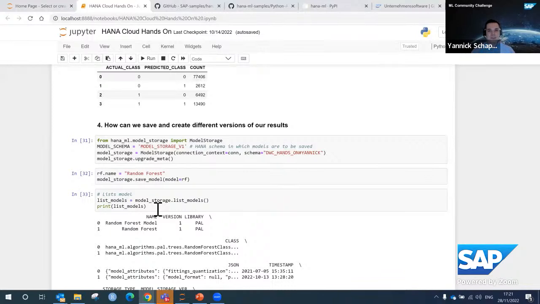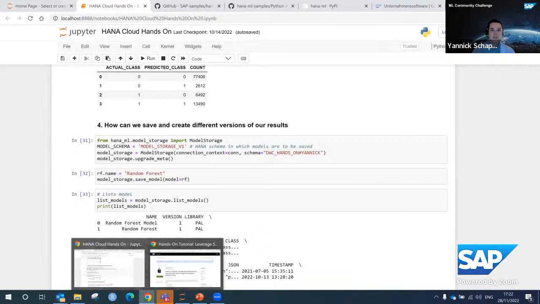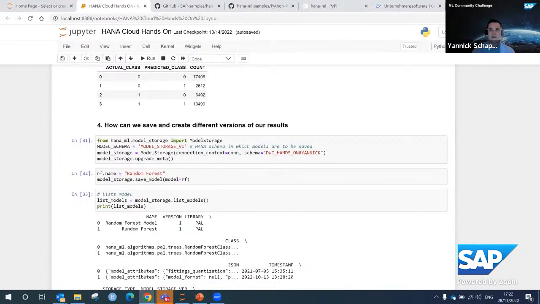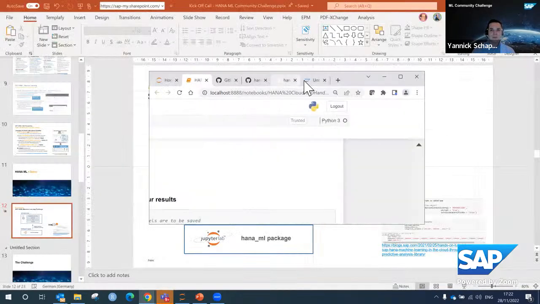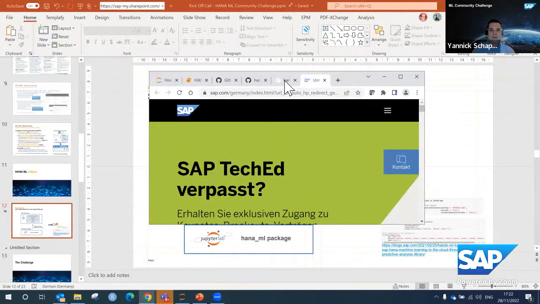Now, this was just one example how to leverage the machine learning capabilities in HANA Cloud. And there are, of course, many more. And for you, of course, it is important when you start with it, how do you find the documentation, how to actually tune such an algorithm. And for this, I want to quickly show you the link to the documentation.